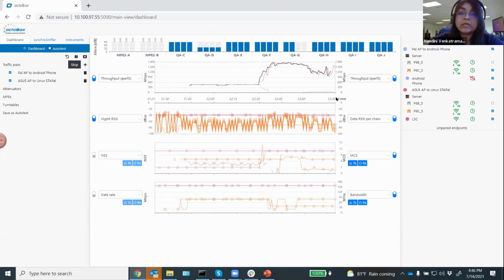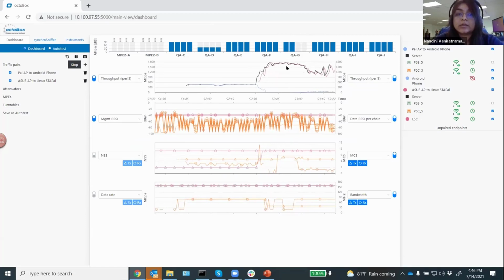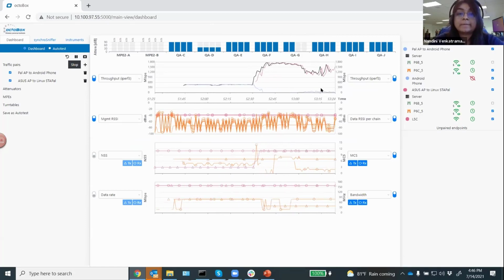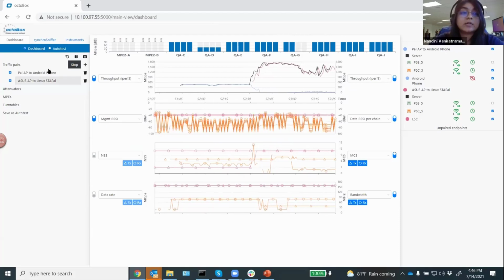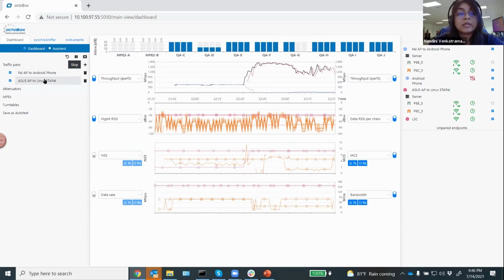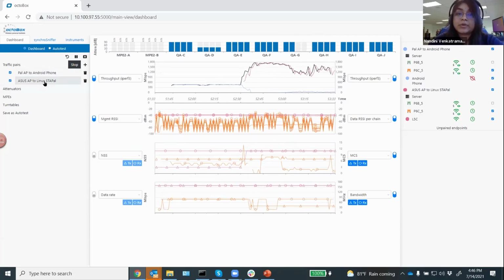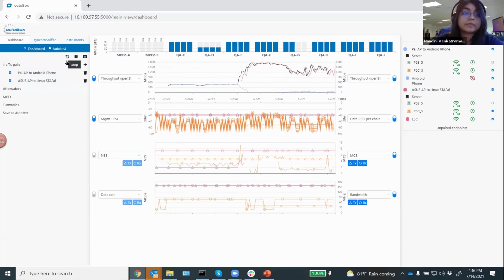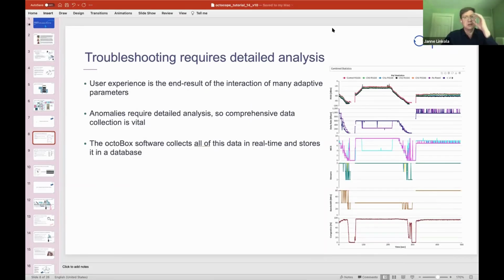And you can actually see all of this data on the screen with throughput and statistics together because of multiperf, because you're able to run multi-point to multi-point traffic using multiperf. Thank you, Nandini. So as you already saw, the Octobox